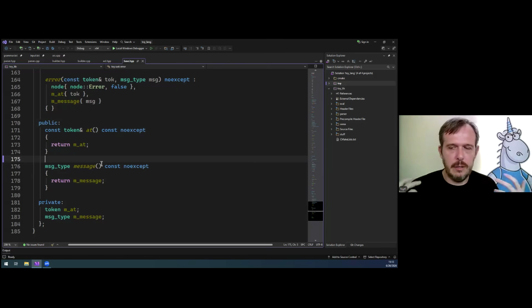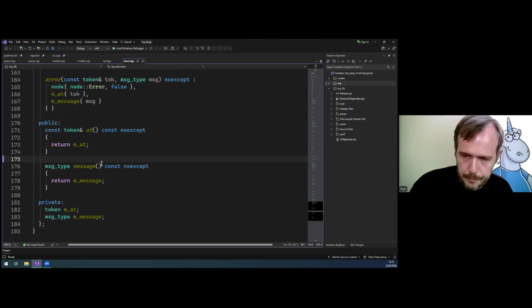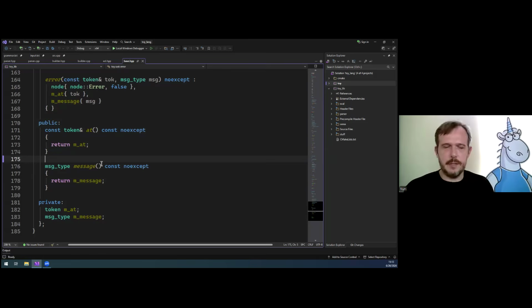So let's say we are going through our code, we are parsing it, we see something we don't like, and here we stop. Well, usually compilers do not work like that. If you have multiple errors in your program, and you try to compile it with something like, for example, Clang, if you're using C++,